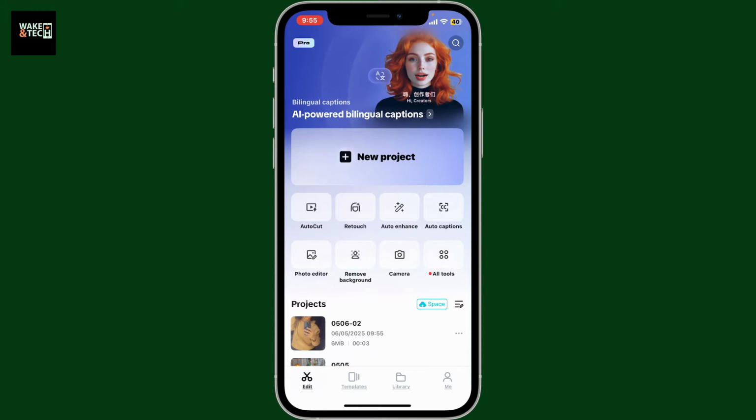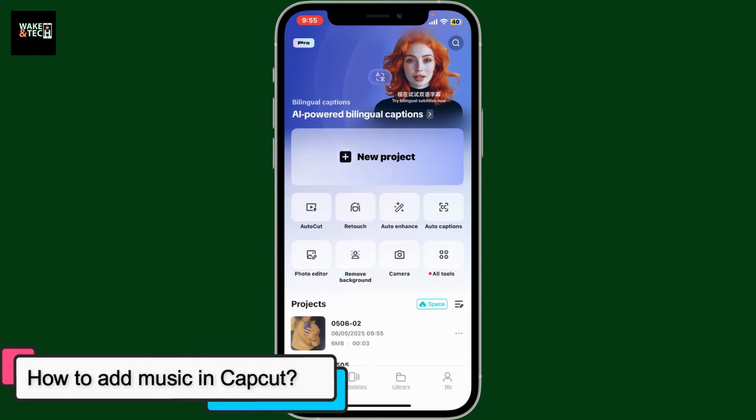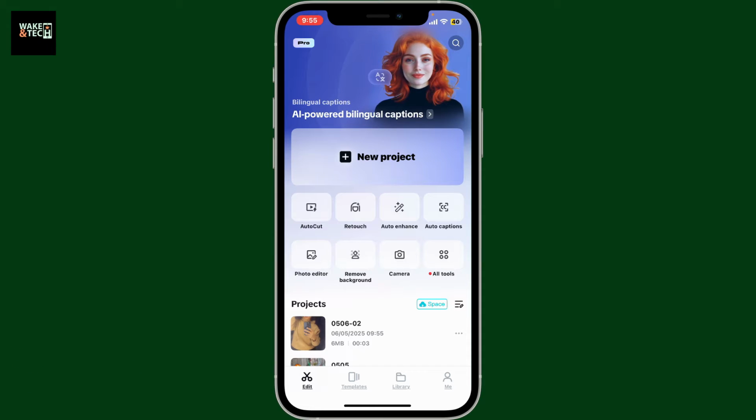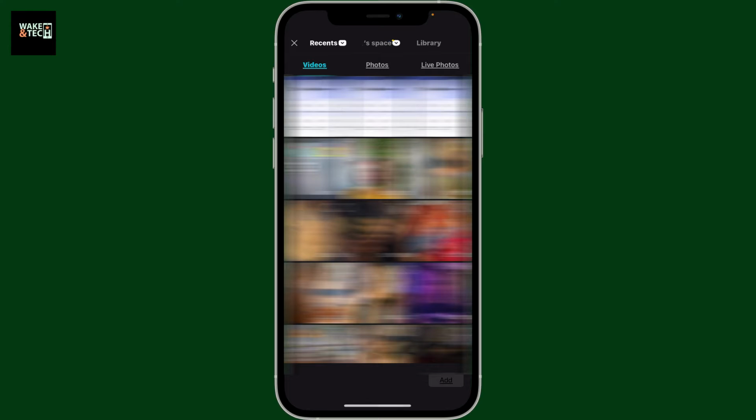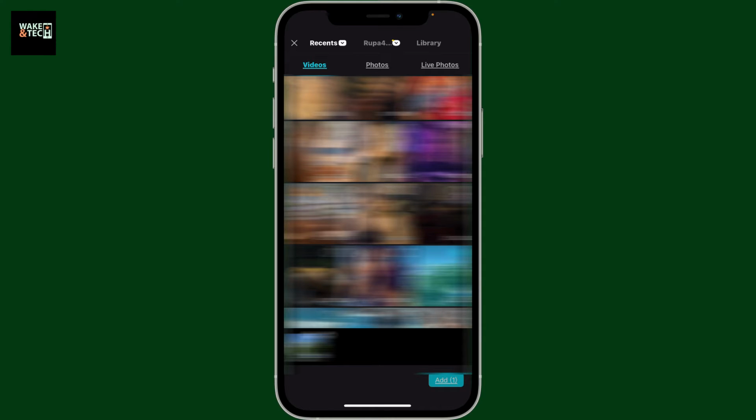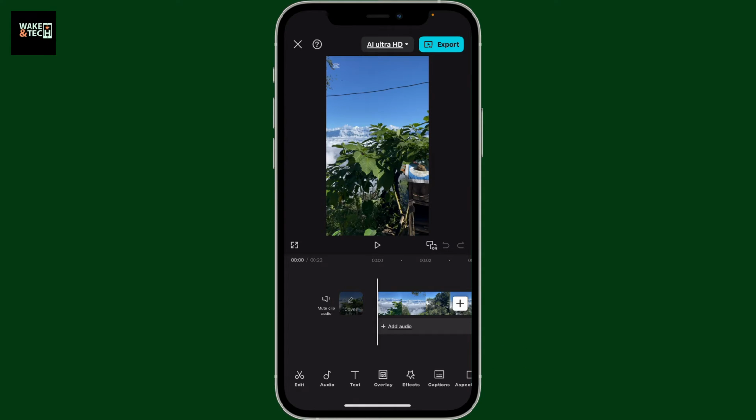Today I'm going to be guiding you through how to add music in CapCut. So in order to do that, first of all, open up the CapCut application and tap on New Project. Select the video from your device's camera roll where you want to add the music. After selecting the video, tap on Add at the bottom right, and you will then be able to open up